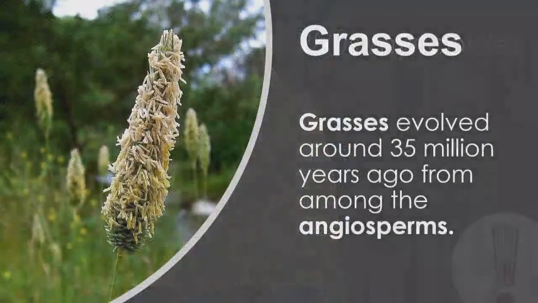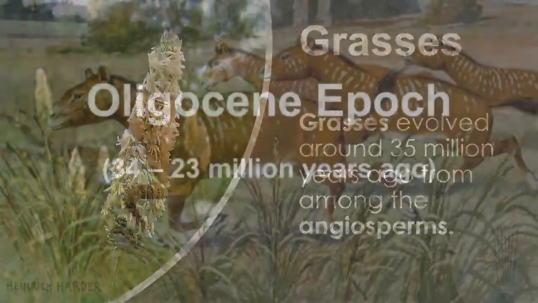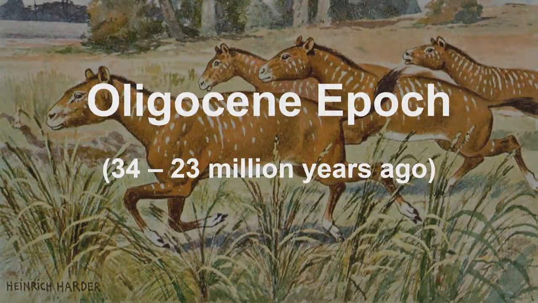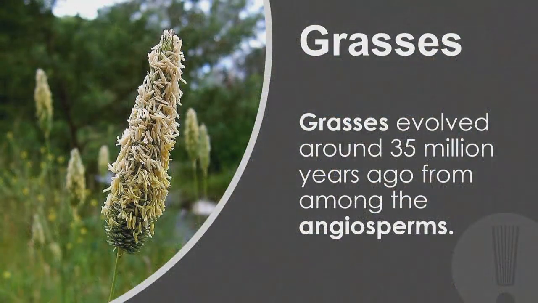And then grasses evolved around 35 million years ago from among the angiosperms. A lot of people don't consider grasses flowering plants. You know, they're not as showy, but they have flowers. You gotta look real close sometimes, and they're a little less showy than the flowers of other flowering plants, but they are technically angiosperms. You gotta think, as the climate was changing, savannas were starting to occur, and these are where grasses really took off, forming these